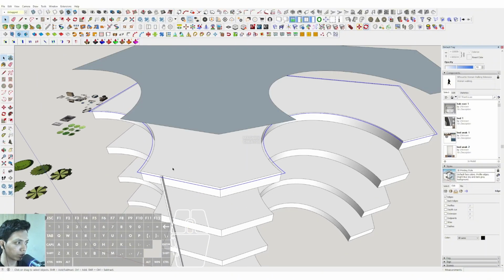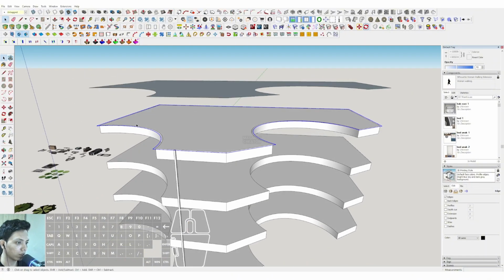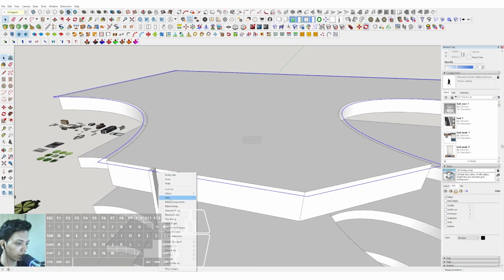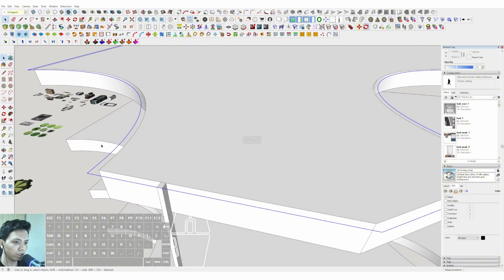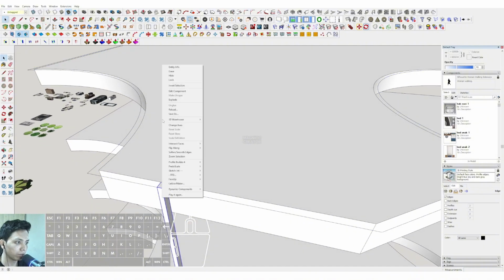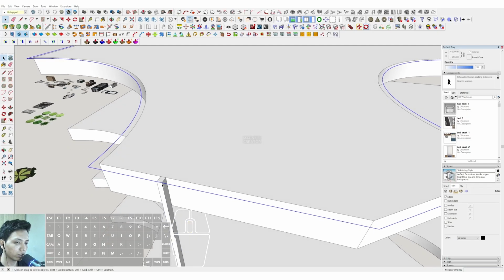Okay, then make sure that we have already selected for all of this perimeter of line and right click and also weld edge in here. Then now we can, okay, we can make sure that this is unique on the component. Then now we can click and select the